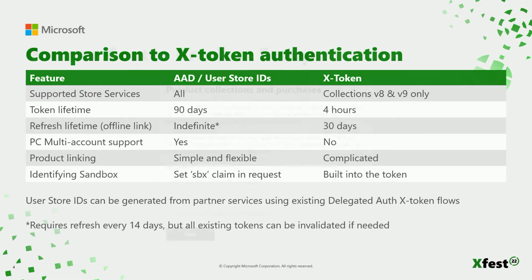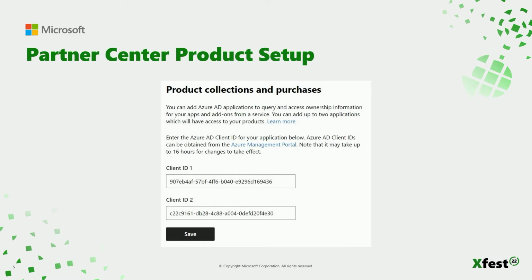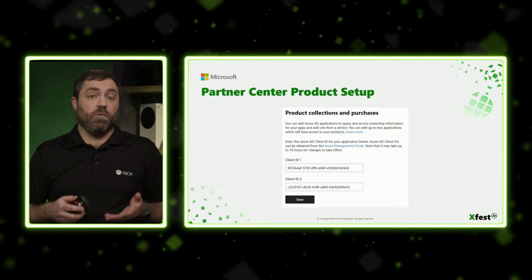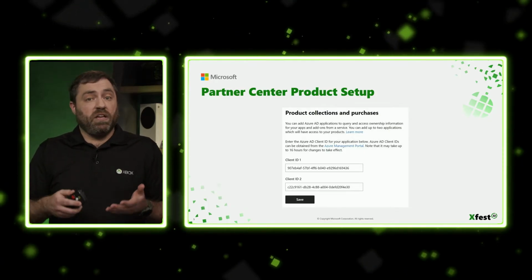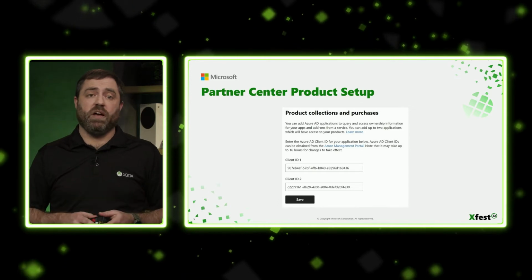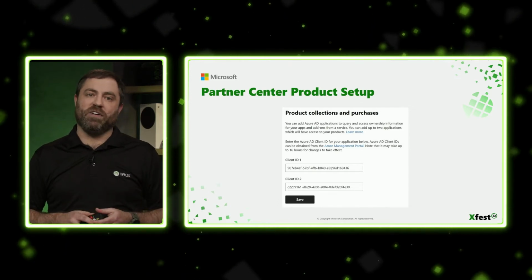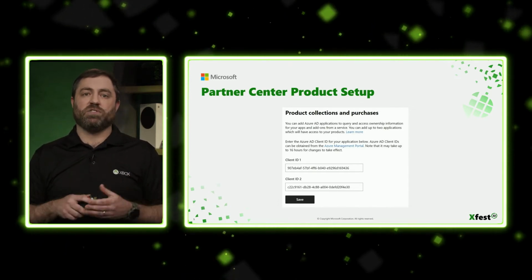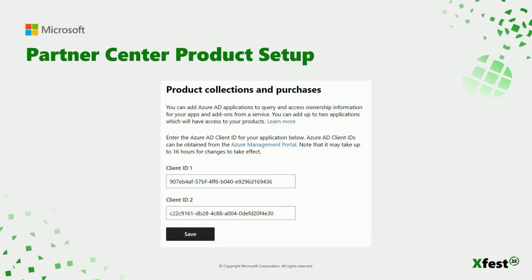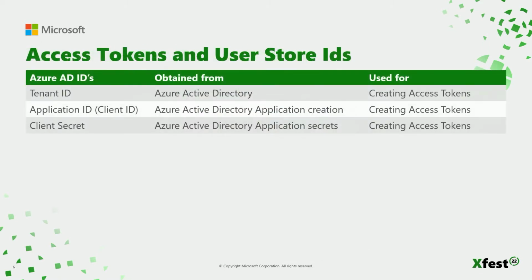To showcase the simplified configuration of products, all you need to do is add your Azure Active Directory client ID on the Product, Collections, and Purchases page of your game in Partner Center. Once saved, republish the product's catalog into your sandbox or into retail. It will then be returned in the results of your calls to the Microsoft Store services with the Azure Active Directory flow.